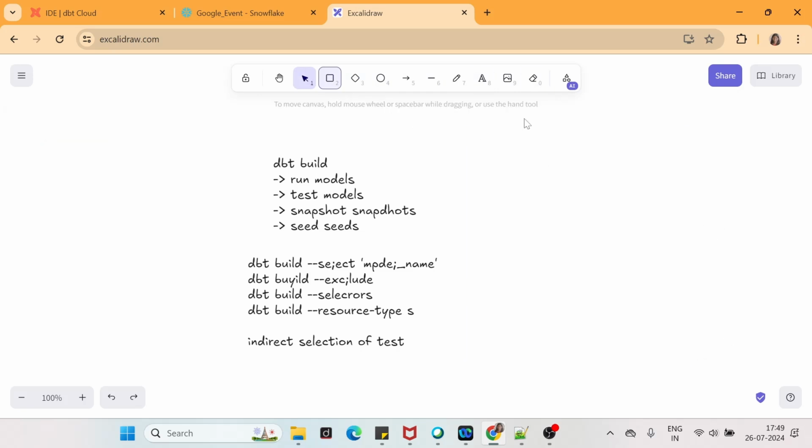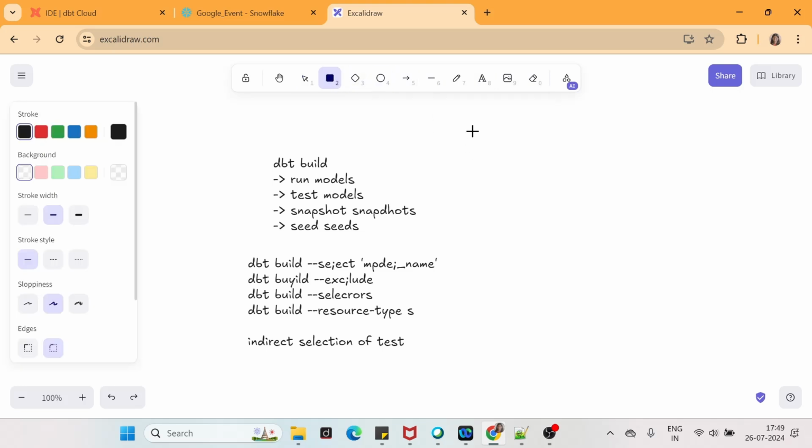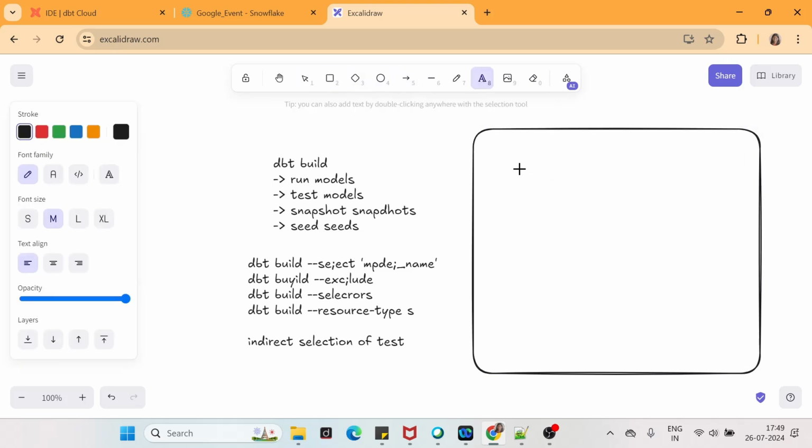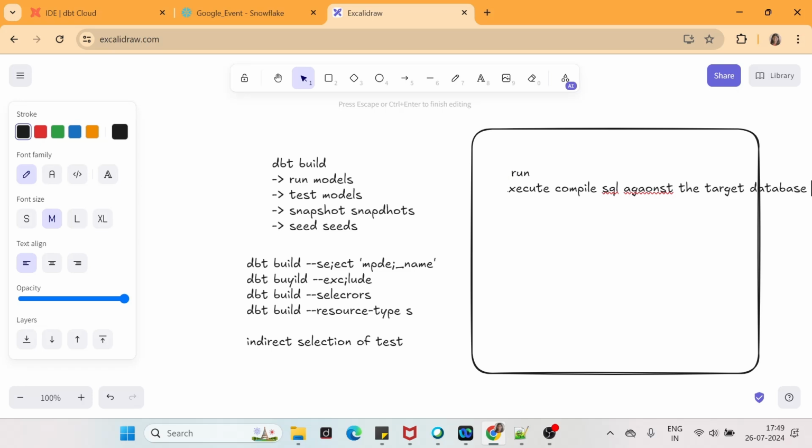Okay, so we have this dbt run command. Now what does the dbt run command do? It is going to execute your compiled SQL code against the target data warehouse which is defined, right? Against the target database. So this is the function of the dbt run command. Also, not only that, it also